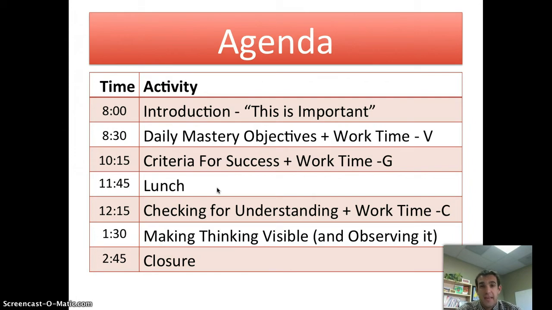So I will introduce making thinking visible and a little bit of the why behind it, but we'll jump pretty quickly into the how. We'll give you a checklist, some criteria for success, and then have you work in groups of 4, where you're going to have 2 students and then the teacher and then 1 observer, and you're going to try to make student thinking visible in order to pinpoint confusion or make connections or other things like that. And then, as always, we'll end on time.